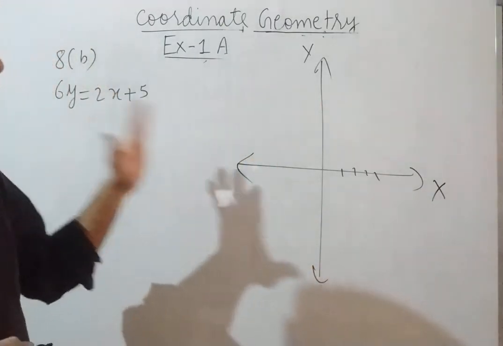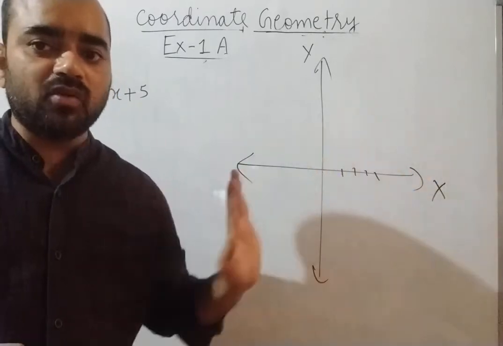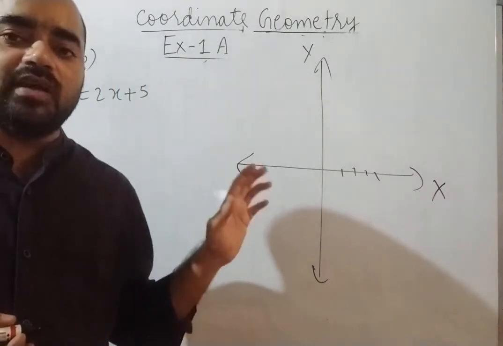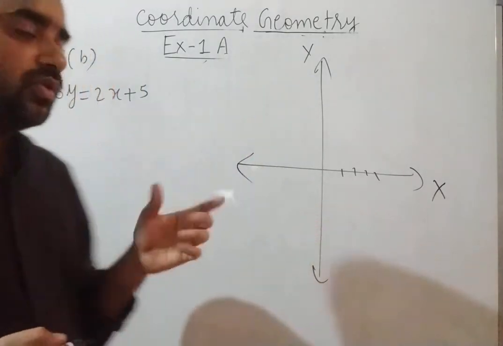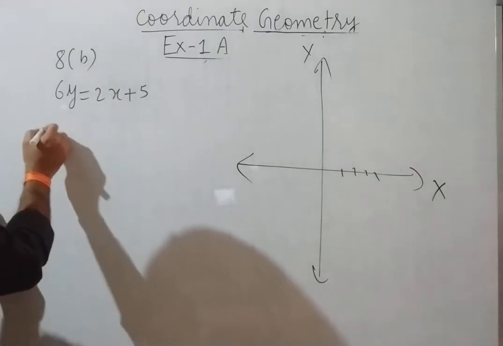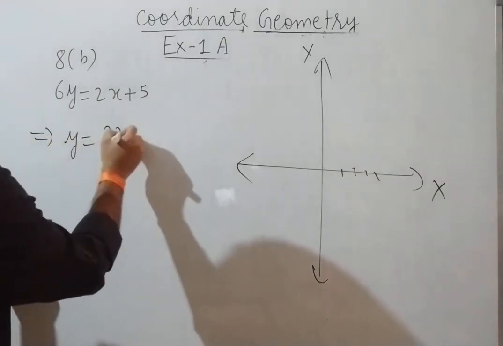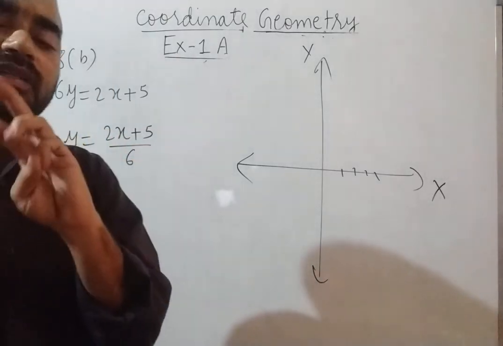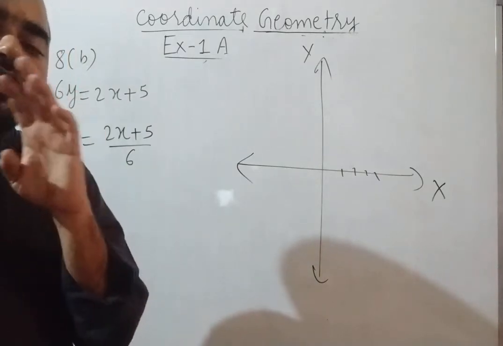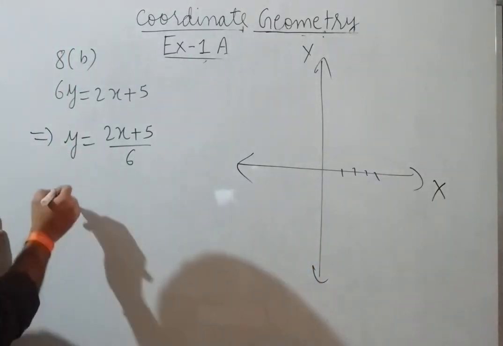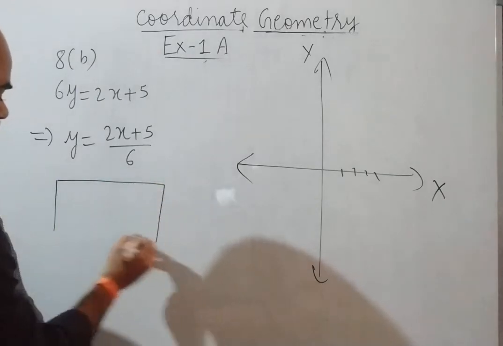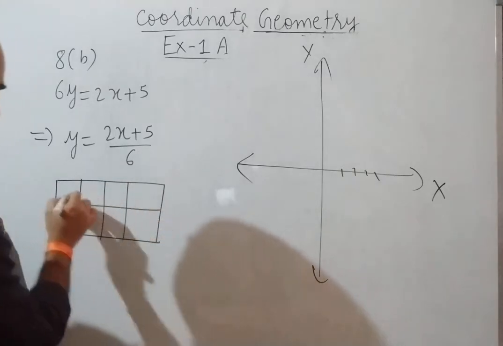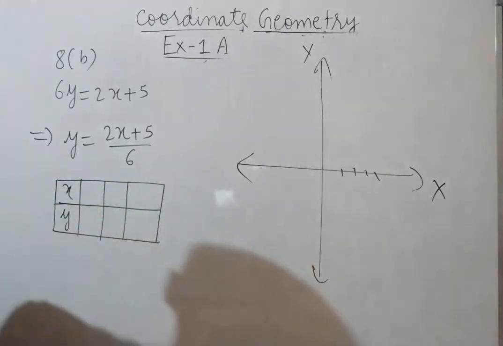So that is why x is called the independent variable and y the dependent variable, and therefore we always have to calculate the value of y from the given equation. So 6y is equal to 2x plus 5. We have to calculate only y, that is (2x plus 5) upon 6. Correct? Now we have to find three ordered pairs. Three ordered pairs means three pairs of values of x and y. It means you can make a table. Correct? In the table we require three values of x and y.